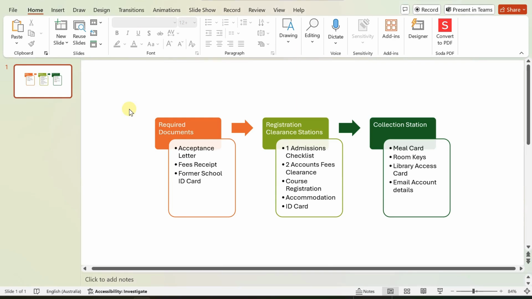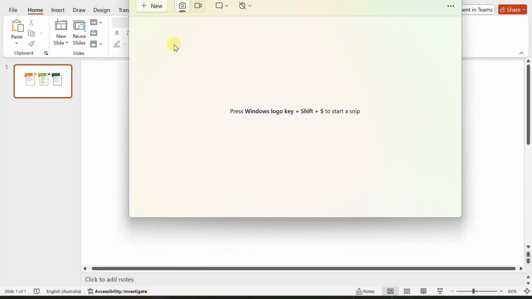Hello, in this tutorial I'm going to do a demo of the utility application called the Snipping Tool. The Snipping Tool is a very good utility software that comes with Microsoft Windows. So if you have your PC running on Windows 11 or 10, you definitely will have the Snipping Tool, and it's a very handy tool that you can use in any screenshot needs that you want to perform on your